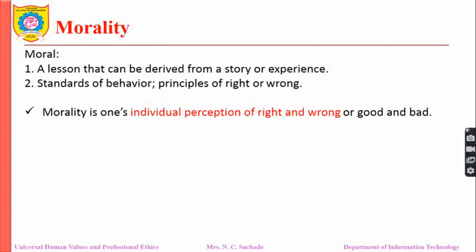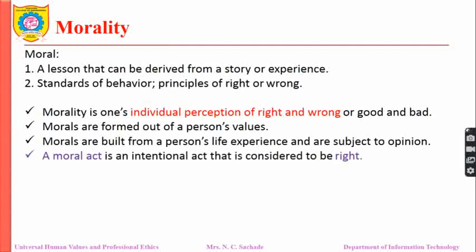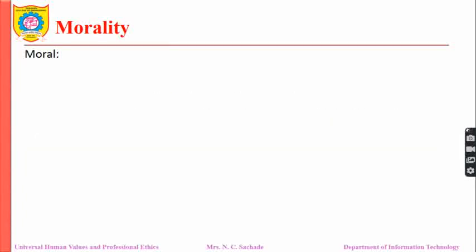So how are they developed? Morality is one's individual perception of right and wrong, or good and bad. So the thing which I find right may not be right for you. So it is about one's individual perception. Morals are formed out of a person's values. So whatever values the person has developed, based on that, morals will be there. Morals are built from a person's life experience and are subject to opinion. A moral act is an intentional act that is considered to be right. An immoral act